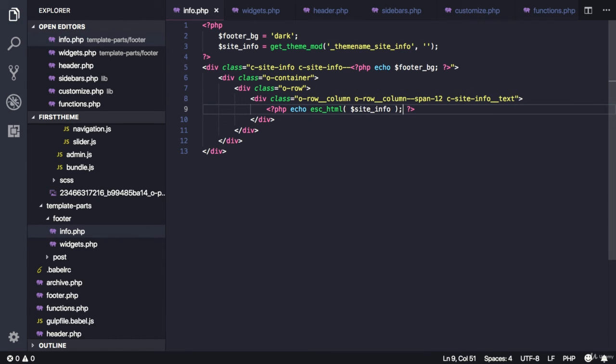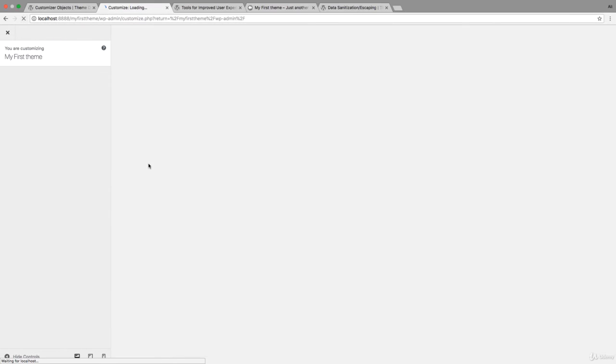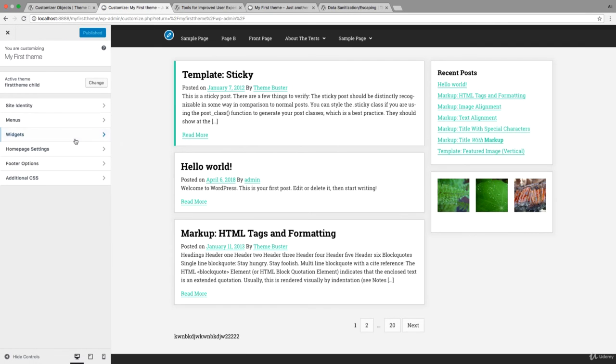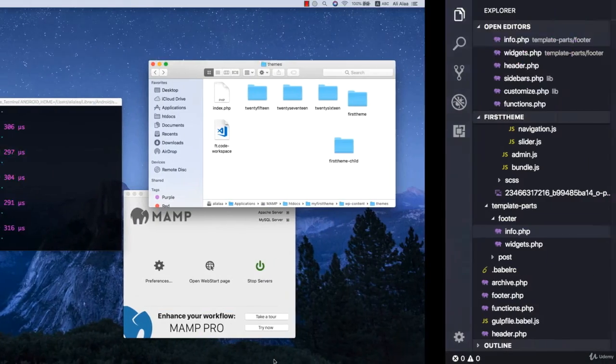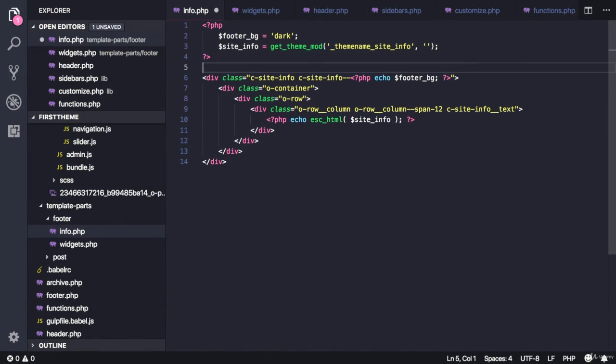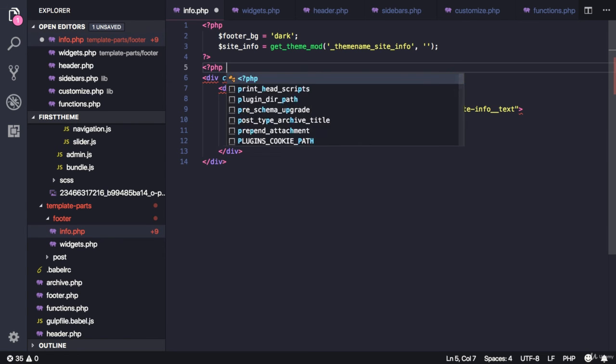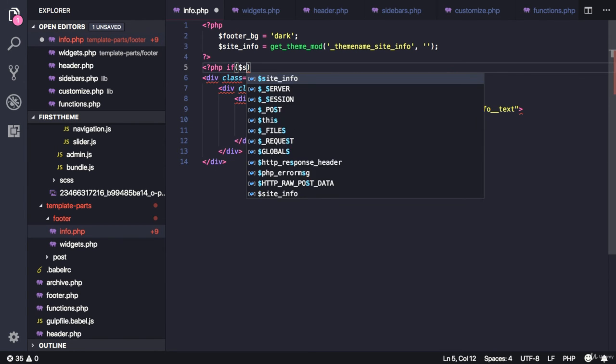So let's see now. So the default value is an empty string, and as you can see, it displays an empty space here. So let's do like we did with the footer widget. Let's only display this div only if we have a value. So if site info